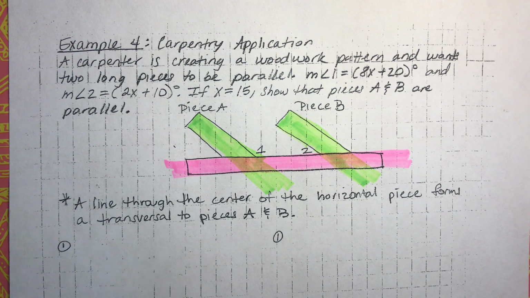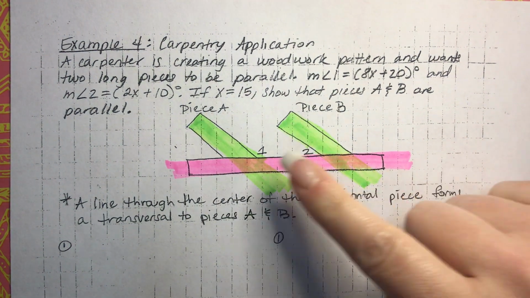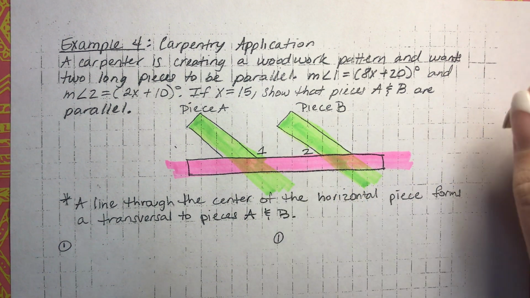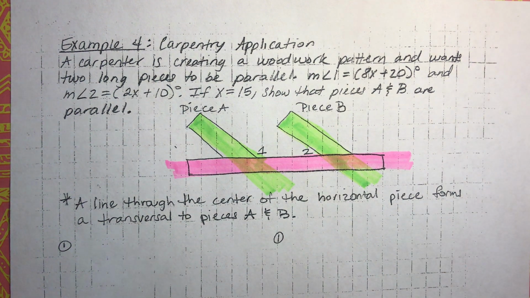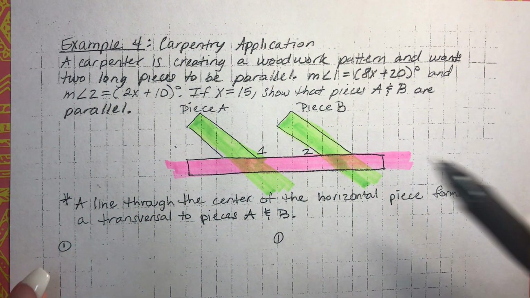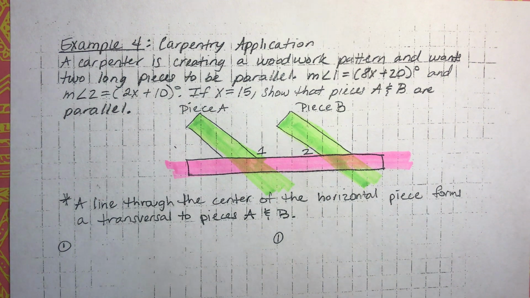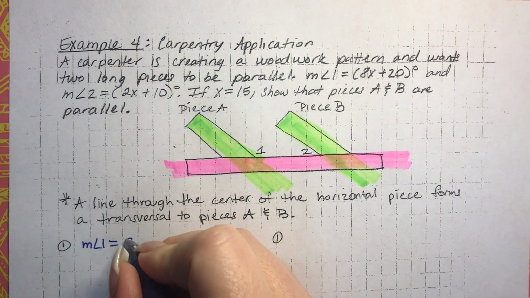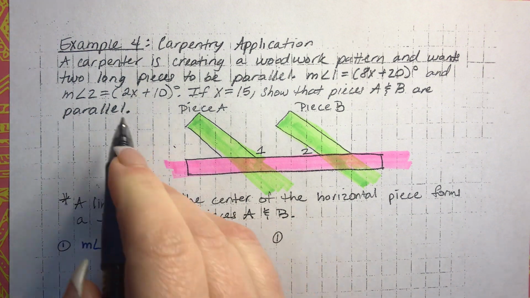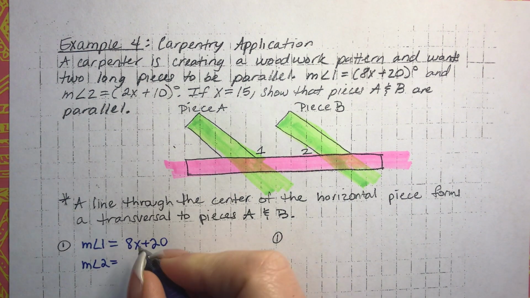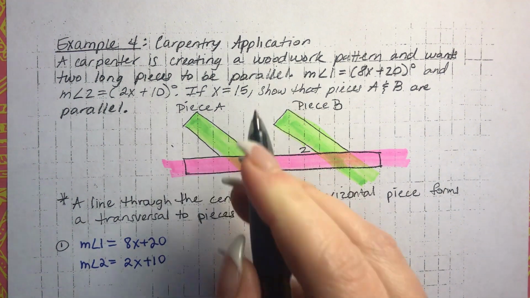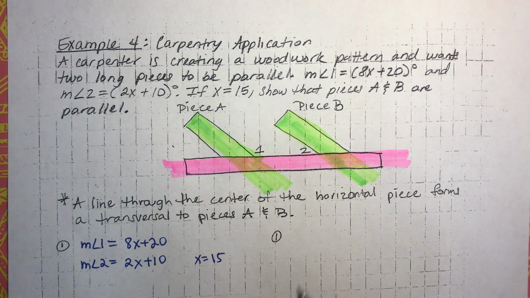So really, to show that these 2 pieces are parallel, we have to show that angle 1 and angle 2 are supplementary to each other, and they add up to 180 degrees. All right, so that's kind of like the game plan. So let's go ahead and get started. The first thing is to write down all of this given information, which we can totally do. So let's start here with measure of angle 1 equals 8x plus 20. Measure of angle 2 equals 2x plus 10. And then we have x equals 15. So that's the given information,